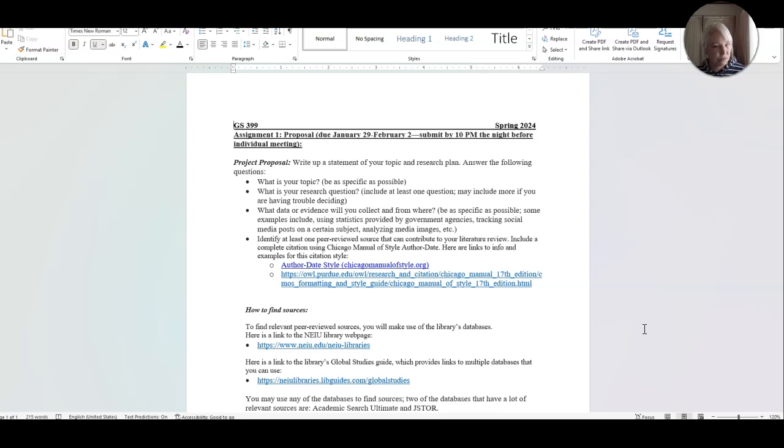So you don't want to, again, just take the first thing that comes up in your search, but look through the various things that are emerging as you look and use search terms related to your project, and try to find one that feels like a good fit with the direction you want the project to go, okay? That source, at least one, that you're going to put into the proposal,